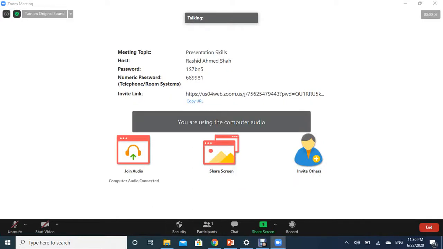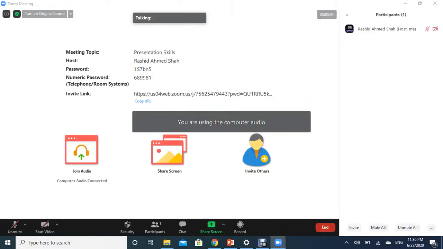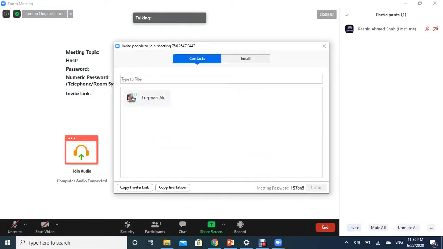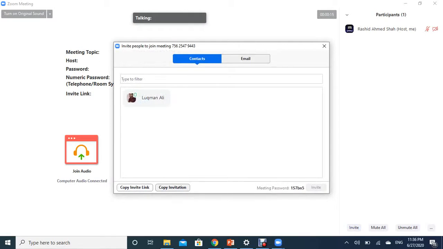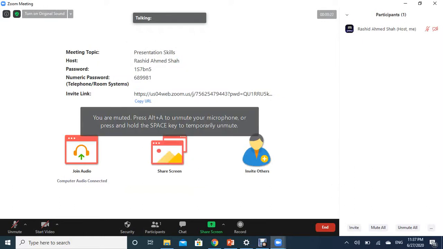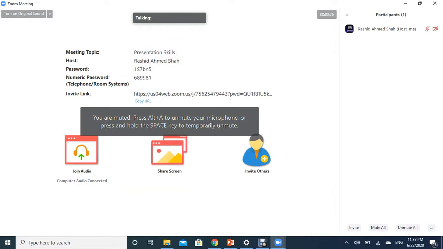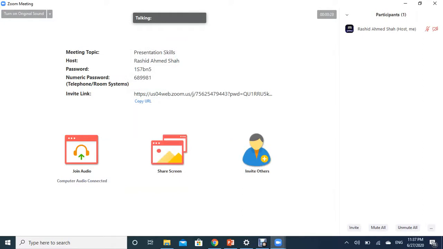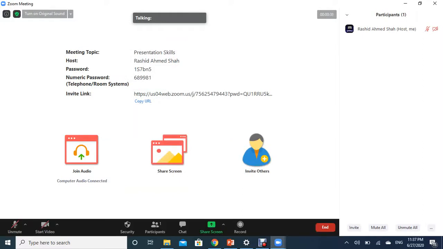Another thing you can do here is click on participants, and you can invite participants from here as well. Suppose you want to invite with a link, you can copy the invite link or copy the invitation. If you copy only the link and send it to the participant, they can easily access the class without pasting any password or ID.